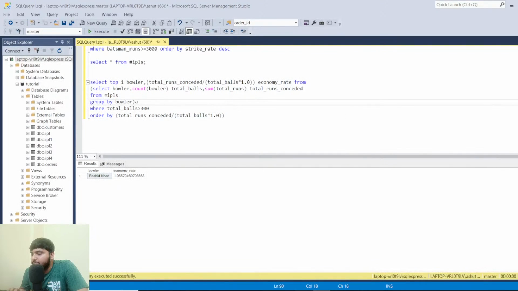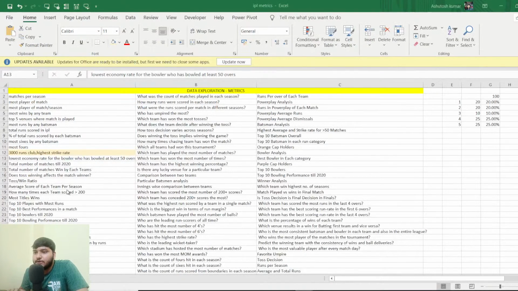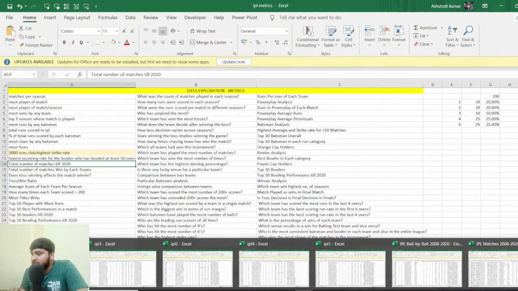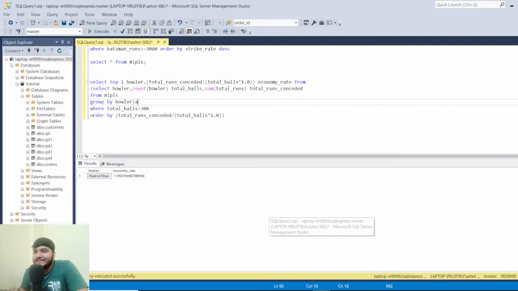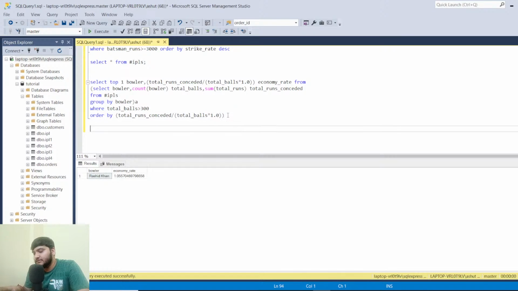Okay, let me move forward to the problem ahead. So, total number of matches played till 2020. This is pretty much straightforward. We just simply need to count the distinct IDs which are present in the sheet. I would take into account select count of distinct ID